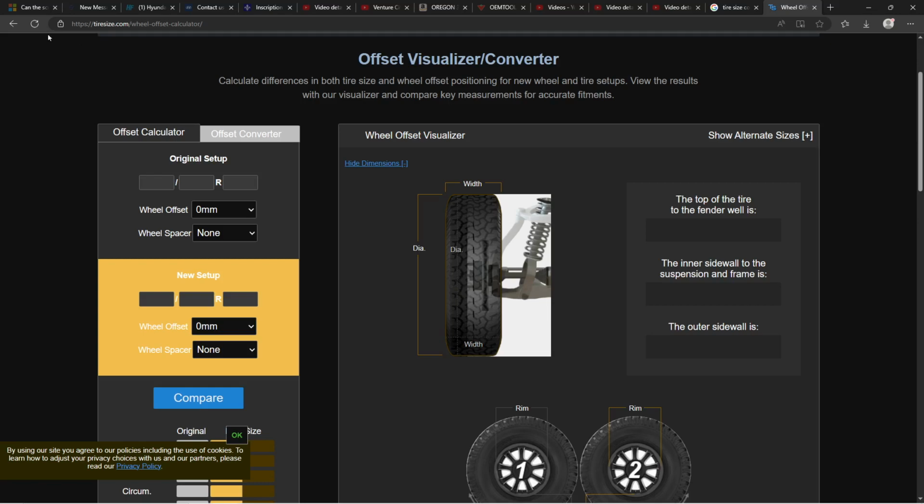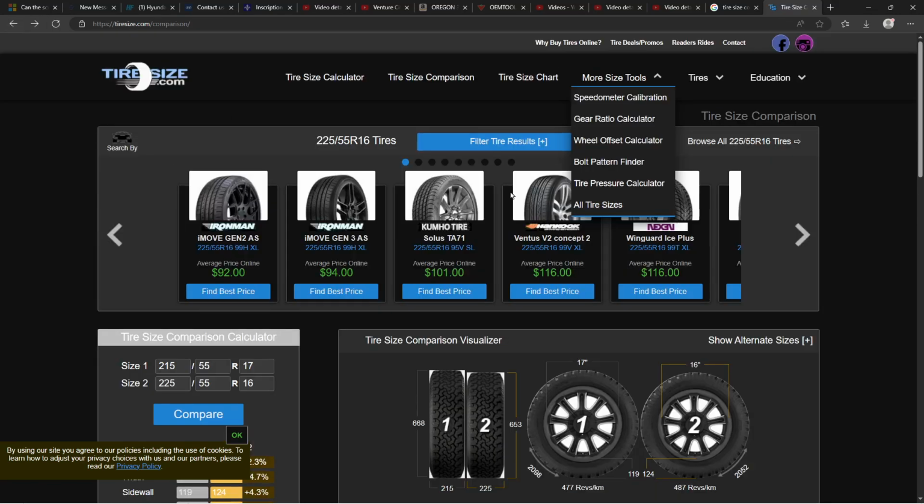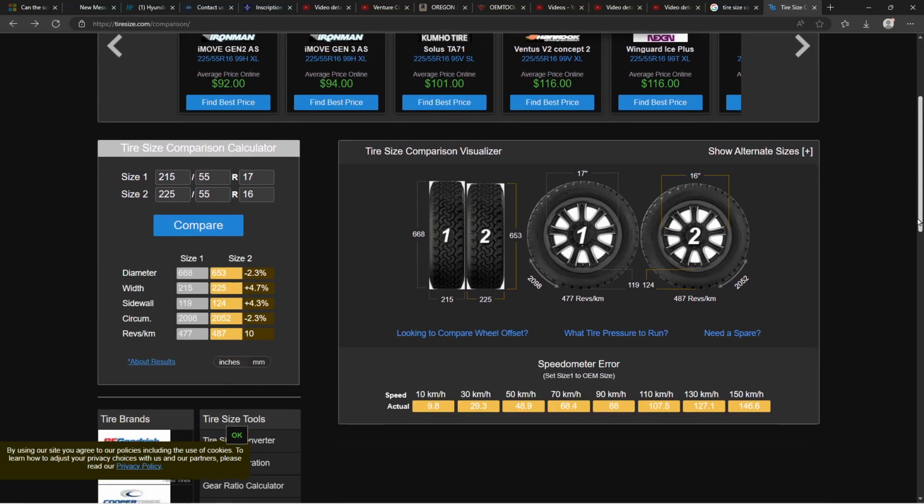So be aware, I'm giving you a bonus. Usually that's how it works, but there are exceptions for the offset part. Okay, so give this site a look, it's TireSites.com comparison, and I think it's very, very useful for you.